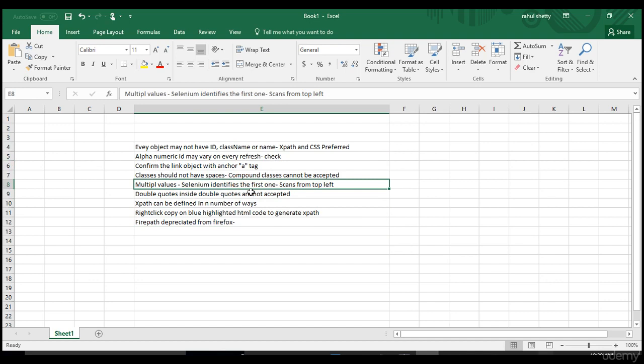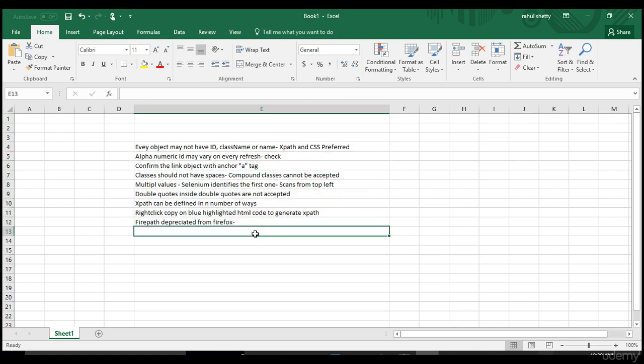Like when there are multiple values, it's scanned from top left and should not have spaces. These you will not regularly see in any course trainings. All these points will come only if you have real-time experience, and I'm trying my best to put all this in. When XPath starts with HTML, it is not reliable.